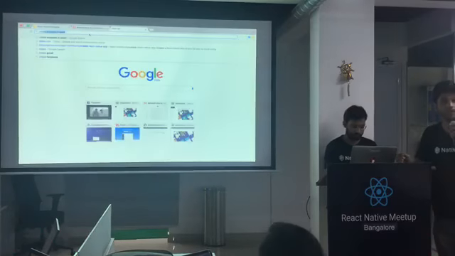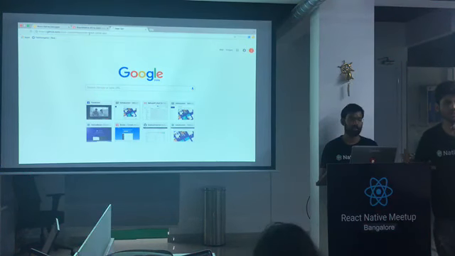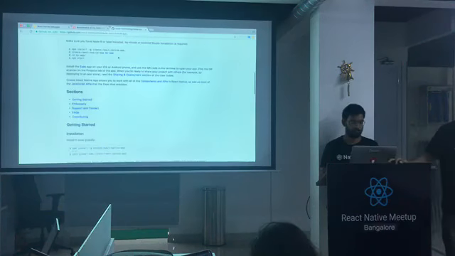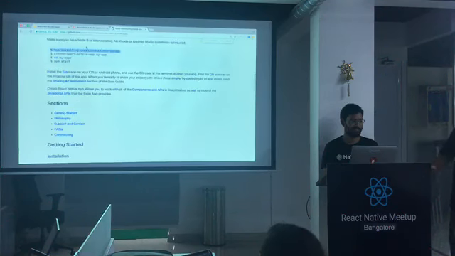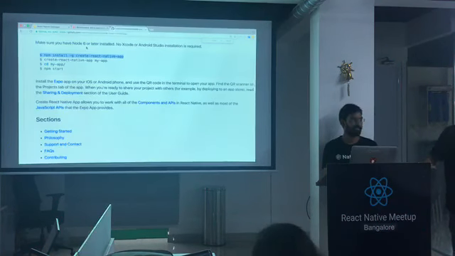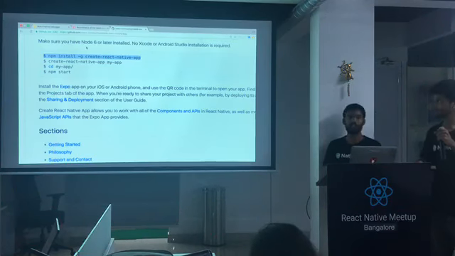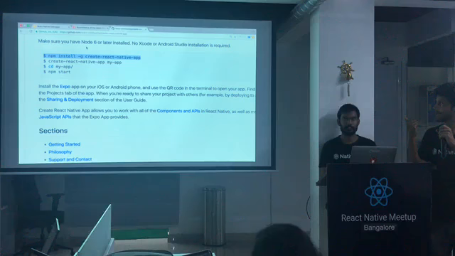The line of code which you wrote was of Expo, right? Not React Native. Yes, it was Expo. He actually wrote it by mistake; it should be create React Native. This is the CLI you can install using NPM. This is how you install your CLI, and later on you can use this CLI to set up your apps.